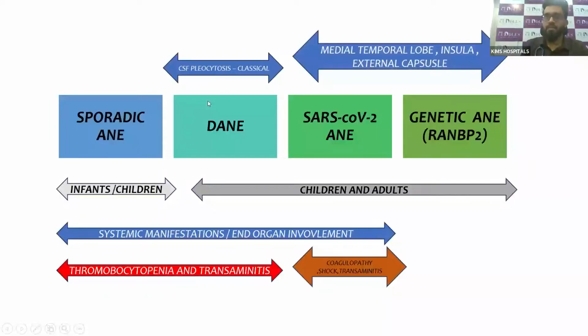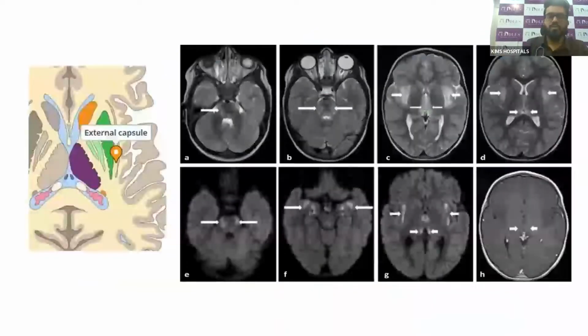And also remember, on the MRI, SARS-CoV ANE and RAN-BP have specialized features apart from thalamic, white matter and brainstem involvement. They have involvement of the medial temporal lobe, insula, and external capsule. Remember this external capsule. Whenever you have external capsule involvement or an insula involvement, think of genetic RAN-BP or genetic ANE. Why is it so important to diagnose that? You have to be very careful in these patients because you have a 50% recurrence. One event itself is very devastating, and a 50% recurrence is going to be a probable death statement. So we need to be very careful in these patients, avoid triggers of infection, vaccinate them appropriately, and prognosticate them accordingly.